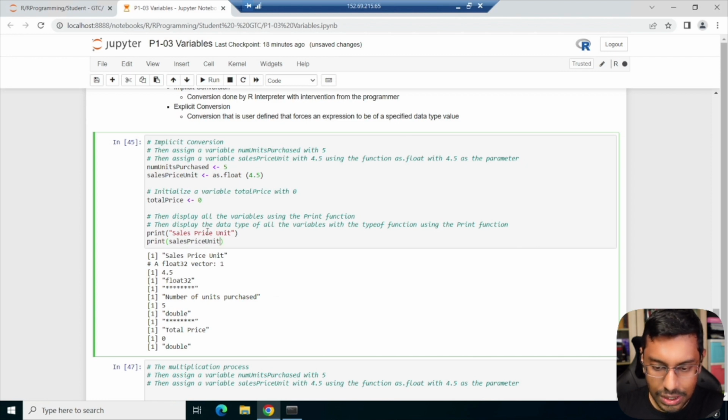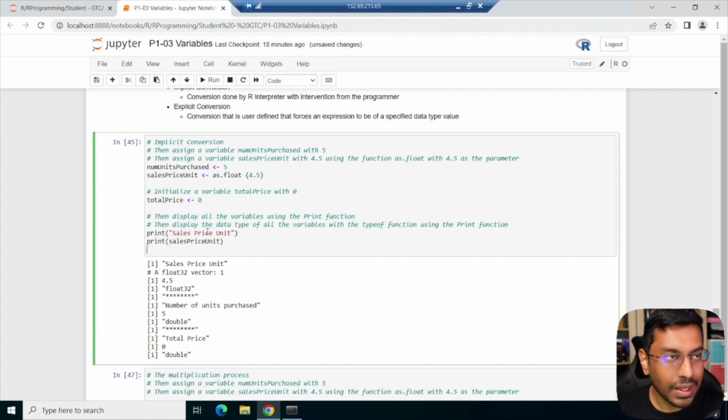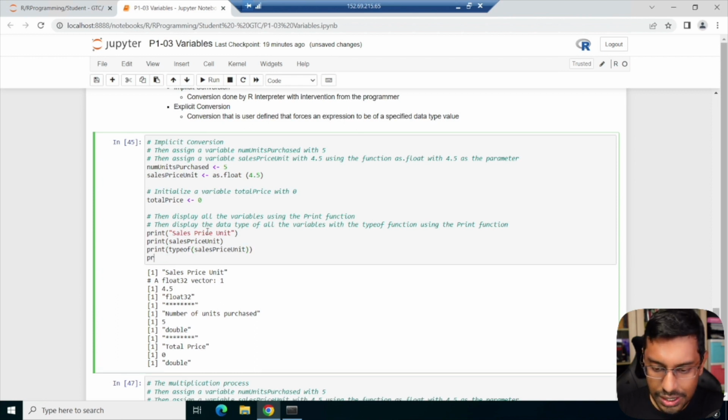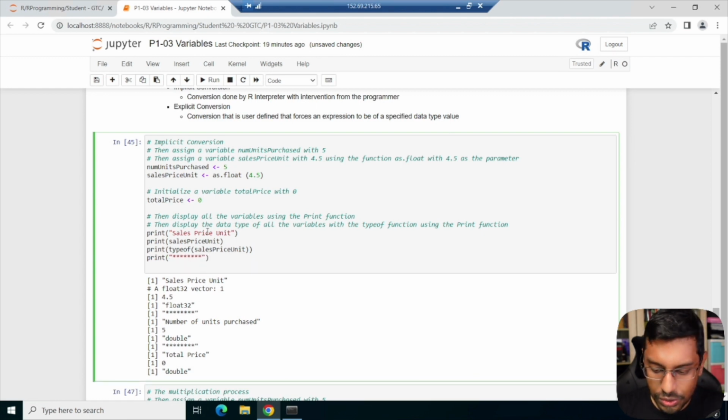Let's see if I can do this. Sales price unit. Yep. This. Oops. I printed it twice. Yep. Then I do a print type. So I'm using my IntelliSense. IntelliSense is just when I do a tab, it just converts it, and I do a print. This is to separate the different components. So I do a print